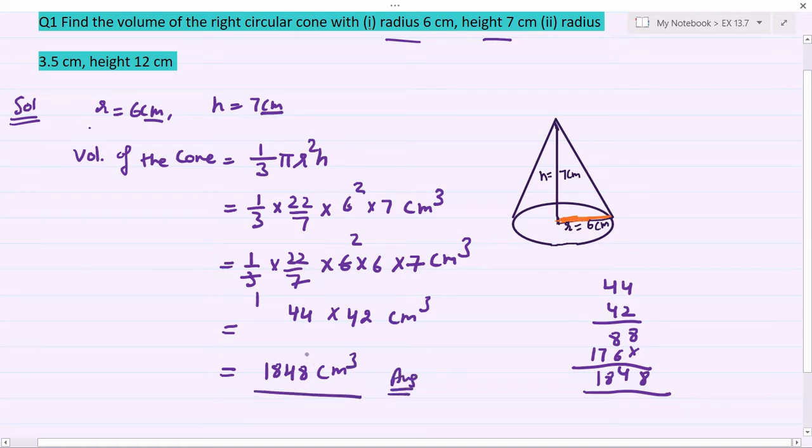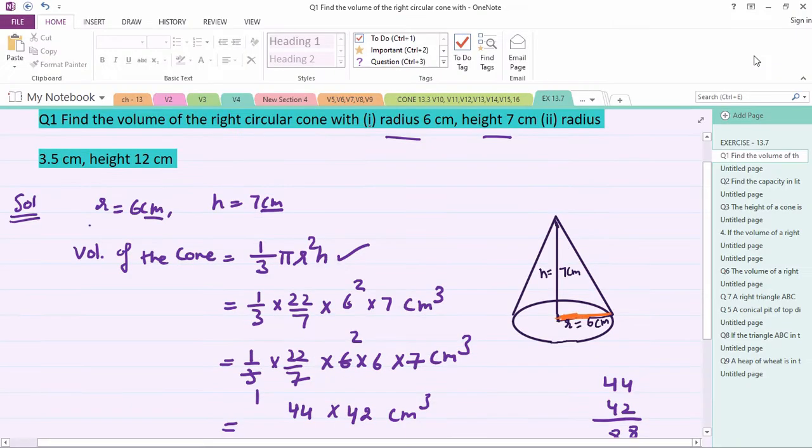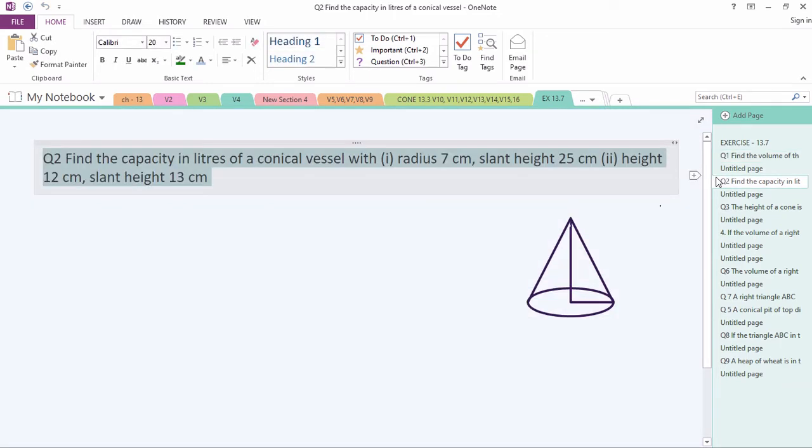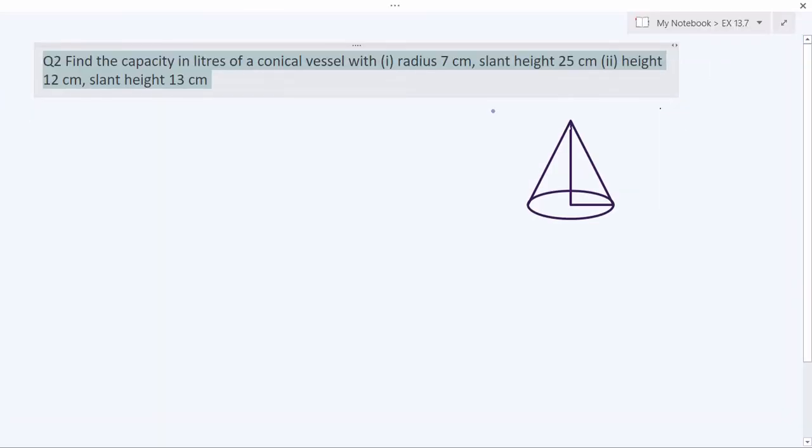Okay, these questions are very simple. The thing is you have to remember, you have to learn all these formulas, because if you know the formula only then you can apply that formula in the question. Right? Now the second part you can do yourself, because it is also similar to that. A few questions I will leave for you that you can do yourself, so that you will also have practice of such kind of questions. Right? Now come to question number 2.